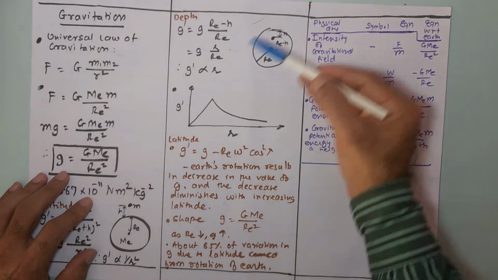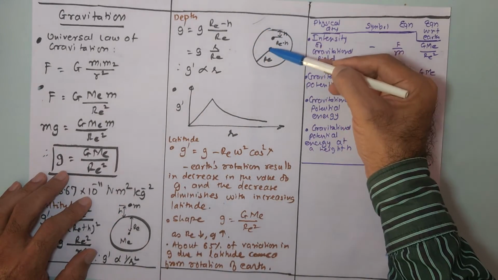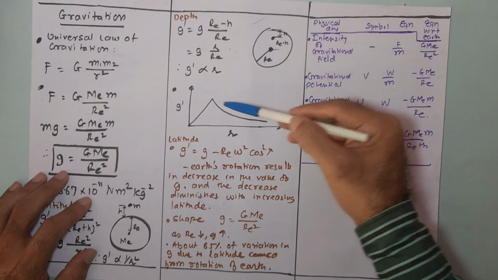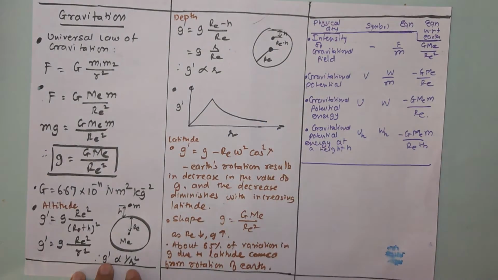Now as we go further up, as small r, the distance from the center of the Earth, increases, what we observe is g dash is inversely proportional to r square. Therefore we get a curve like this, which goes